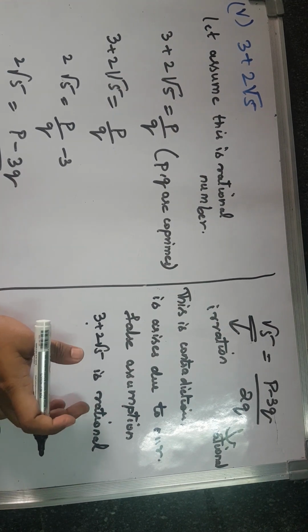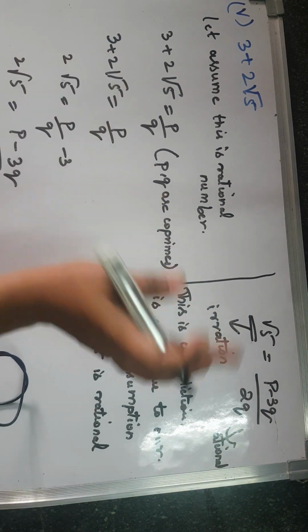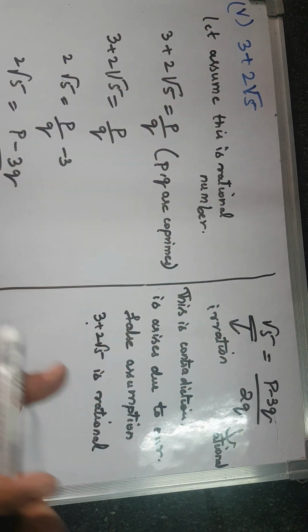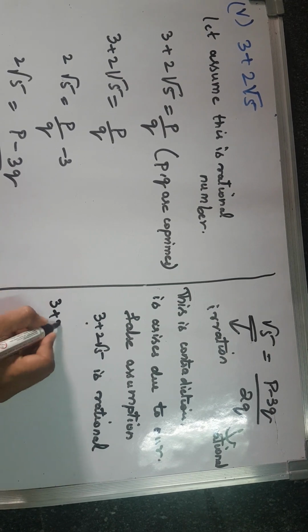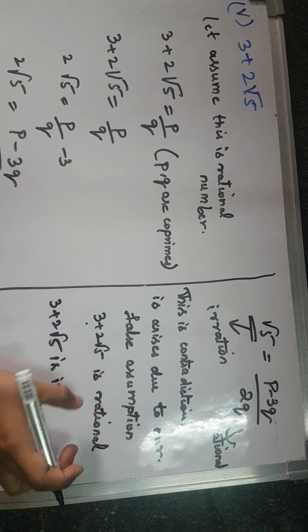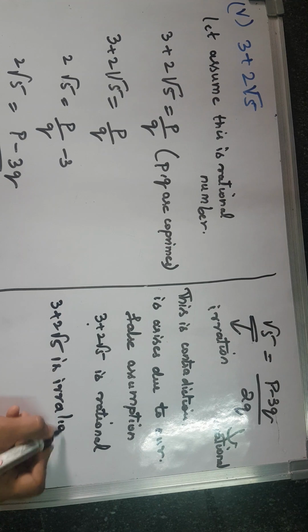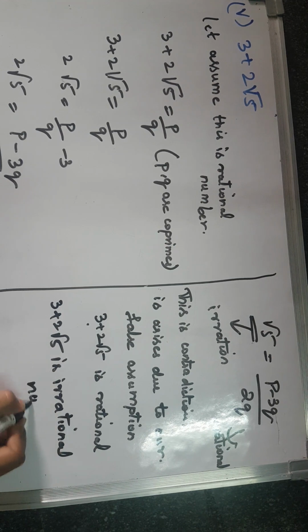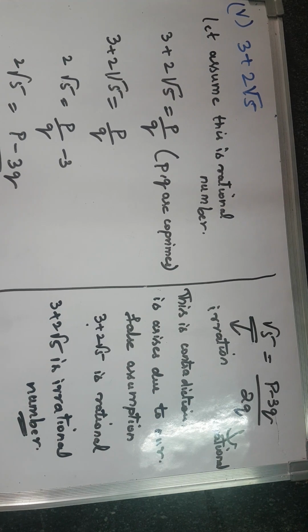Because of this assumption, a contradiction arises where LHS is not equal to RHS. So 3 plus 2 root 5 is irrational. This contradiction arises because we took it as rational, but this is an irrational number. Okay, 3 plus 2 root 5 is an irrational number. Let us continue with